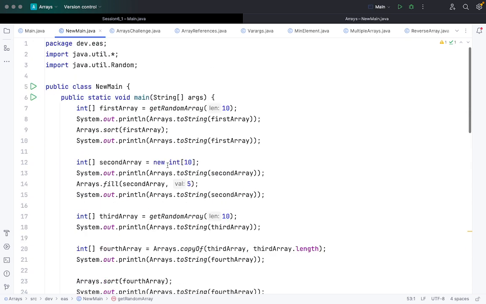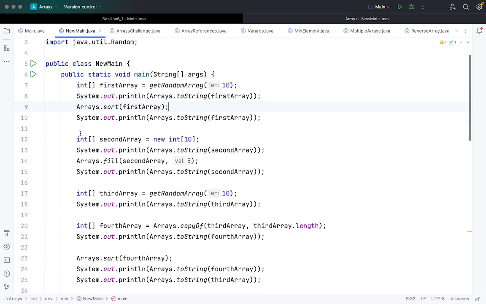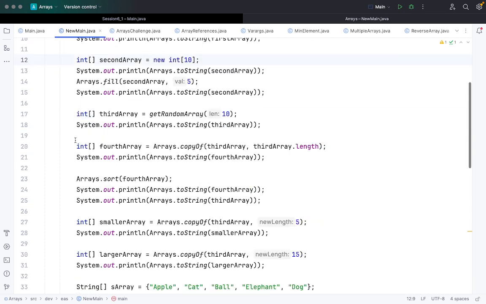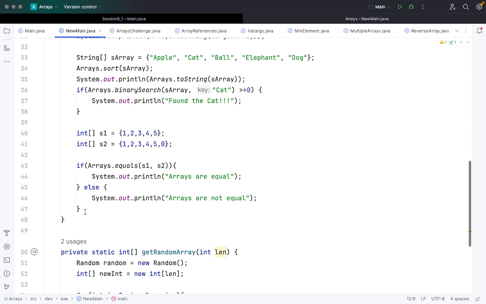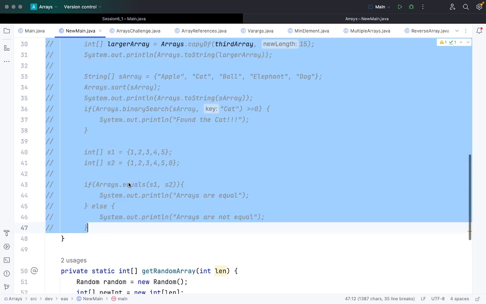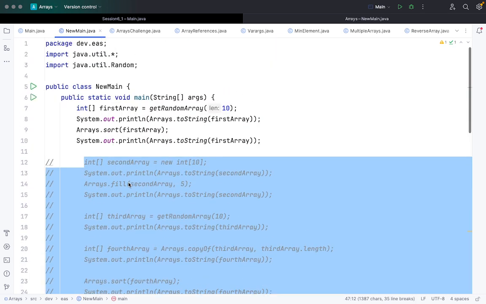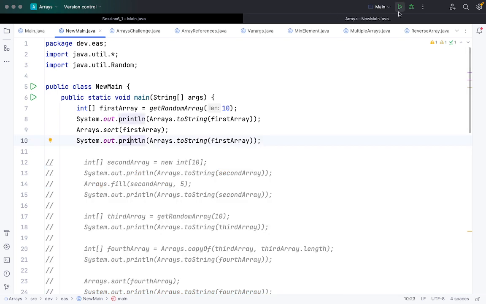Based on this, we have created the first array of size 10. We are calling get random array and we pass the value 10 to get the size n. Now we will print it with Arrays.toString, first array. I will do it one by one, and just comment a few things out. One by one I will come to each and every piece of code. Okay, so if I run this,